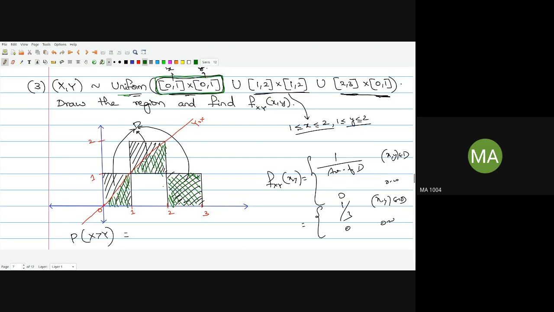Okay. Thank you. So this is the region. If I find the area, this area is 1, half, half. I am going to get 2. 2 divided by total area, which is 3. Therefore 2 by 3 will be the answer. This is how you have to do it when it is uniform only. If it is uniform, then only. We are basically saying that every point has the same probability within those areas, the same density. So that's why we are able to divide it proportionally.